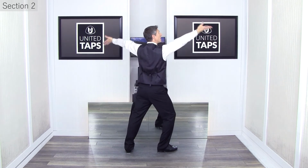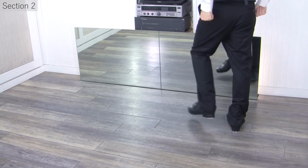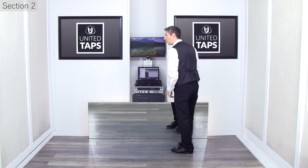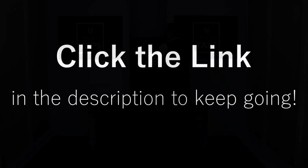1, 2, 3, 4, 5, 6, 7, 8. Now do it on the left foot. 1, 2, 3, 4, 5, 6, 7, 8. I'll do that left side again. That was step, heel, heel, heel, step, heel, stamp, stamp, stamp, stamp. Beautiful. Let's do right and left sides. 5, 6, ready, go. 1, 2, 3,